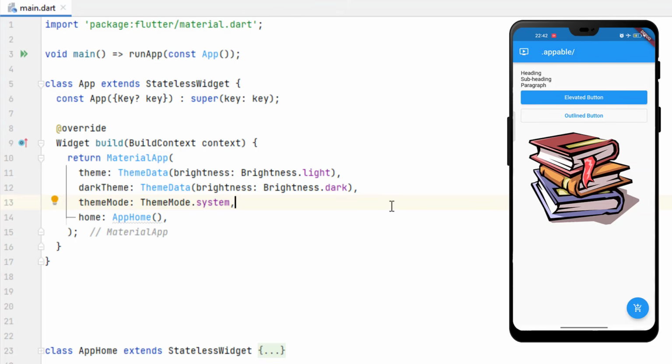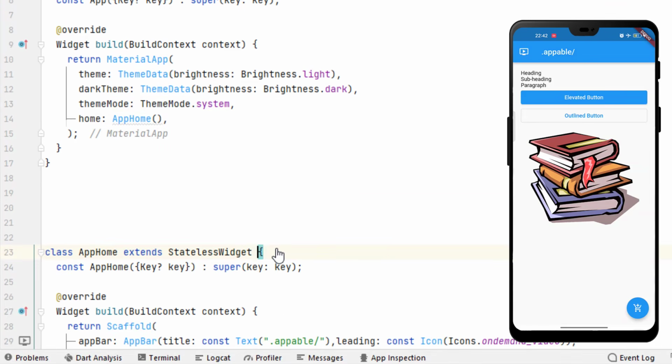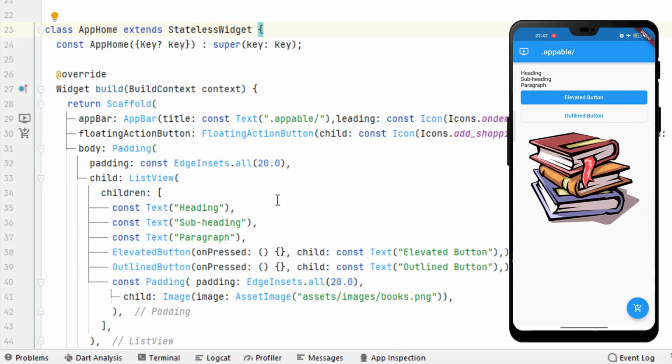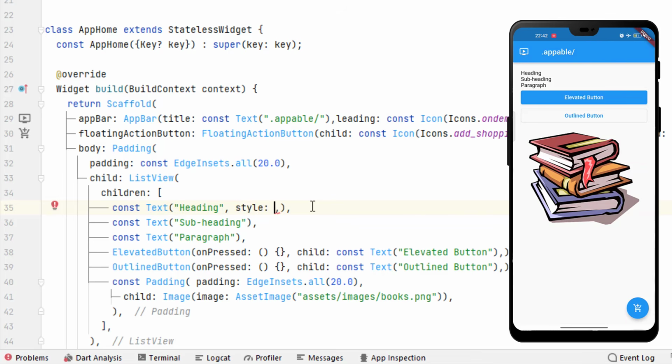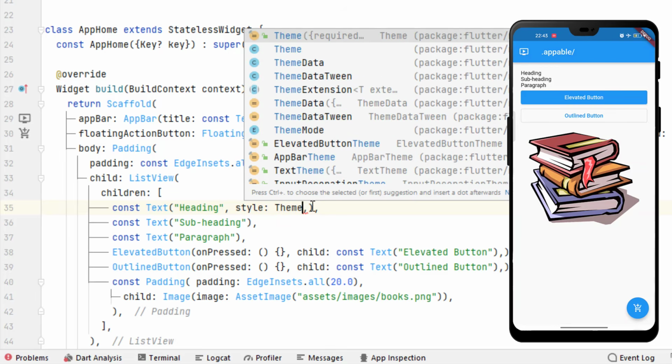So we are going to come back to this theme data, but as you can see we have heading, subheading, and paragraph, but currently they are not being displayed as heading, subheading, and paragraph. They are plain text. So in here I am going to demonstrate to you how you can apply themes on your text, on your buttons, on anything. So inside this text we have a property which is style. So I am not going to create a custom style, but I am going to give it theme style,